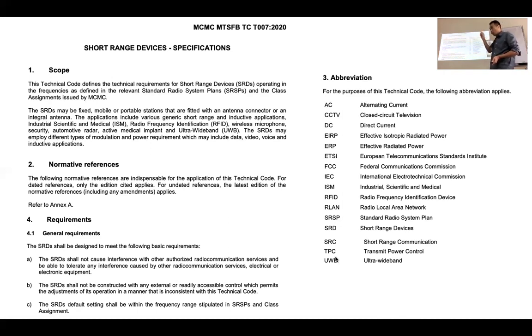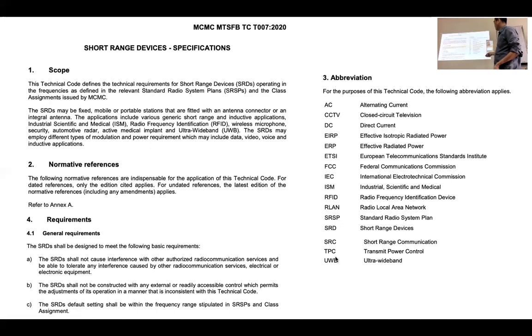Then it is not allowed. Then the SRD default setting shall be within the frequency range stipulated in the SRSPs and the class assignment, whatever is given within this.